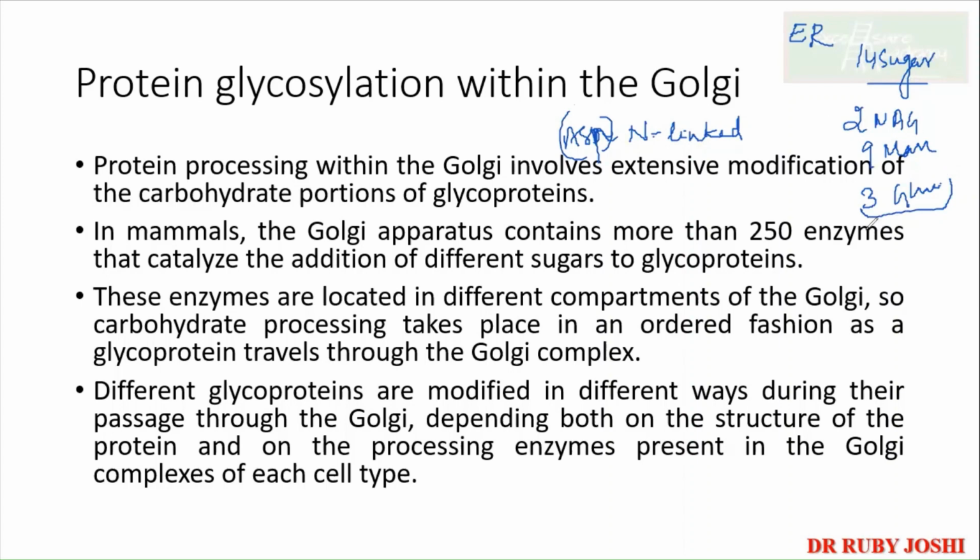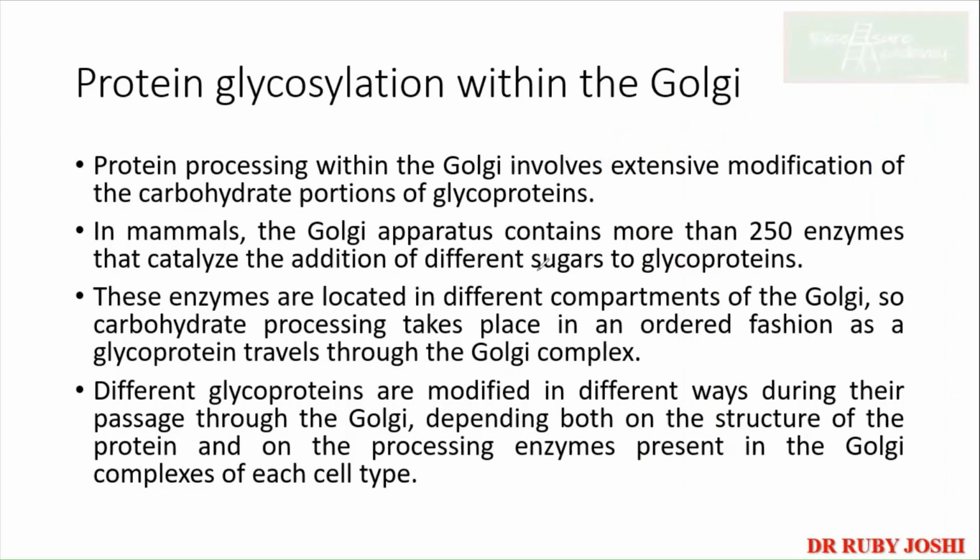Now from there, there are going to be different glycosylation or modifications happening inside the Golgi. In the Golgi you have more than 250 enzymes which are going to have different kinds of modification requirements. So जो जैसा enzyme involve होगा वैसा वैसा आपका protein modify होगा, ठीक है? And all these enzymes are located in different compartments of the Golgi. So what does it mean? Cis में जो होगा वो आपका medial में नहीं होगा. Okay, so all these 3 regions are going to have different enzymes which have their own specific modification role.